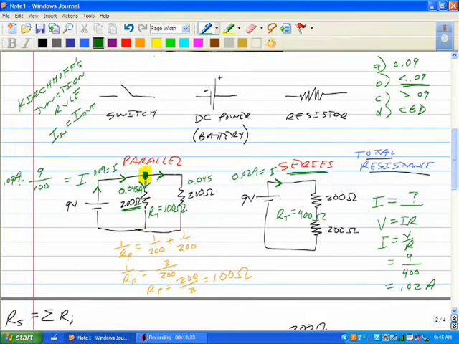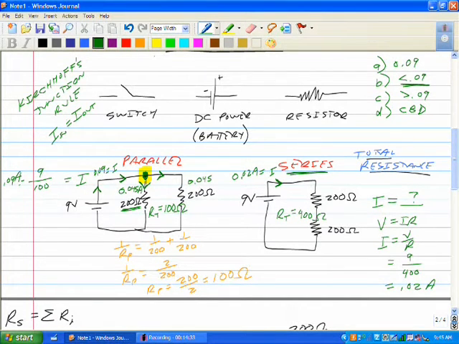Now, when the current goes through that bulb, what does the bulb do? It lights up. The reason it lights up is because when it lights up, it's giving off heat and light, energy. Where did that energy come from? The electricity. So the current, as it goes through the circuit, and this is where it gets a little tricky,